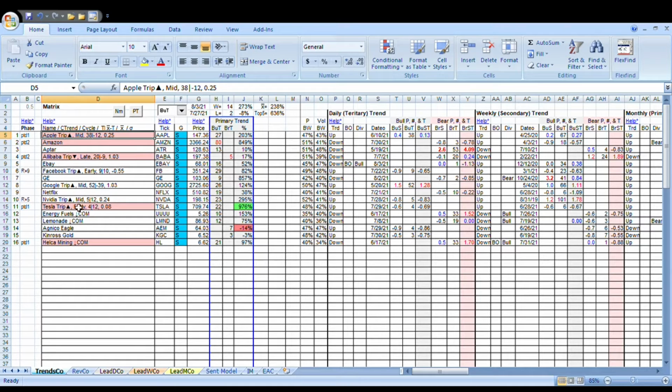You think it's good, but it's already labeled mid-cycle. It's mid-cycle because X bar here is 0.24. That's a bit high, so the computer doesn't like it and scores it mid-cycle. Really, the best play is probably Facebook. It's early cycle. It's triple up. The X bar is minus 0.55.